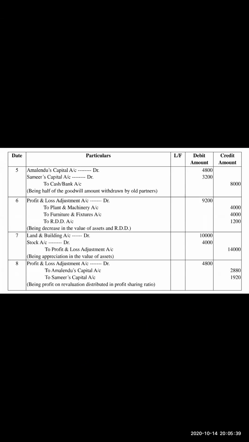ठीक है, तो सबसे पहले अगर हम देखेंगे लैंड एंड बिल्डिंग और स्टॉक, क्योंकि दोनों का वैल्यू बढ़ रहा था इसलिए दोनों को कंबाइन करके एक एंट्री पास की। लैंड एंड बिल्डिंग अकाउंट डेबिट 10,000 इंक्रीज हुआ, स्टॉक अकाउंट डेबिट 4,000 इंक्रीज हुआ टू प्रॉफिट एंड लॉस एडजस्टमेंट अकाउंट। तो 10 plus 4 is how much? It is 14,000। Similarly, if you will see over here, मेरा प्लांट एंड मशीनरी डिक्रीज हो रहा, फर्नीचर डिक्रीज हो